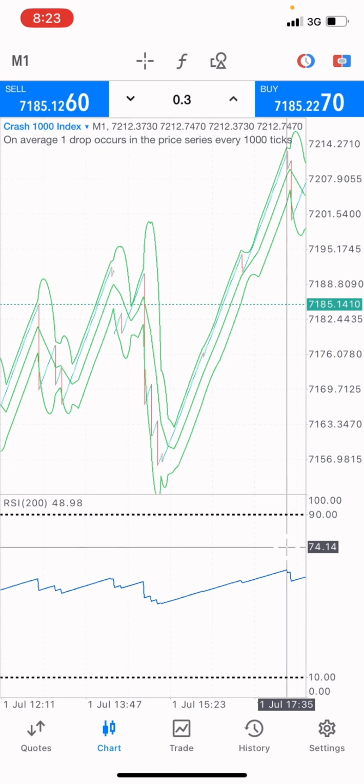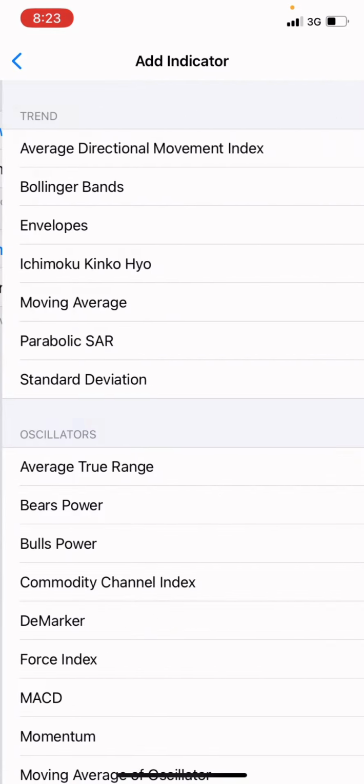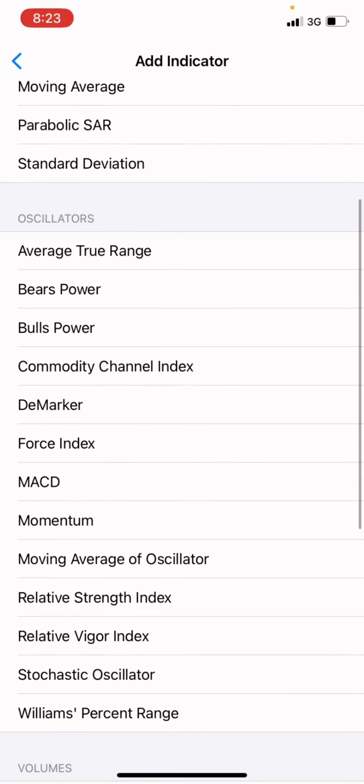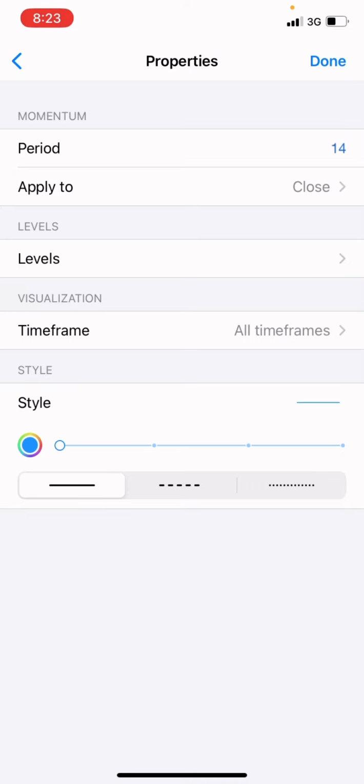which we chose from the levels. And the third indicator we're going to be using is the momentum. The momentum is going to be on indicator window 1 and not on the main window. So we're going to look for the momentum right here, as you can see. Then you set it on period 14, and apply to close. Then you select all time frames, while the style is going to be 1 pixel,